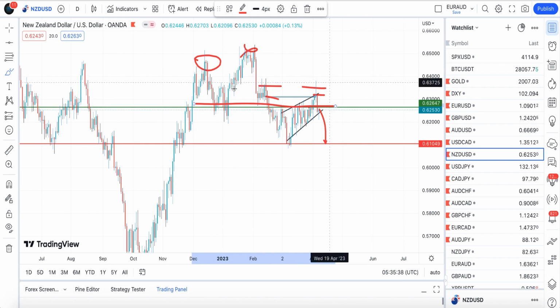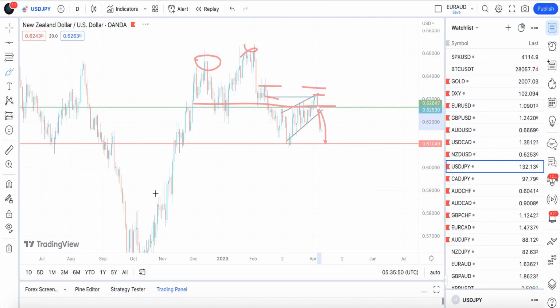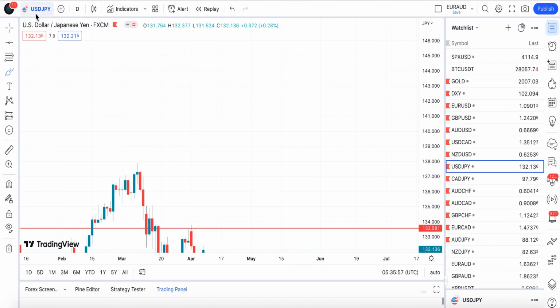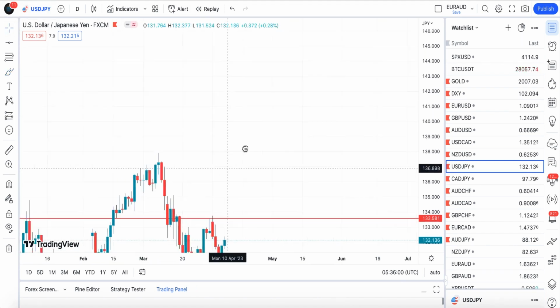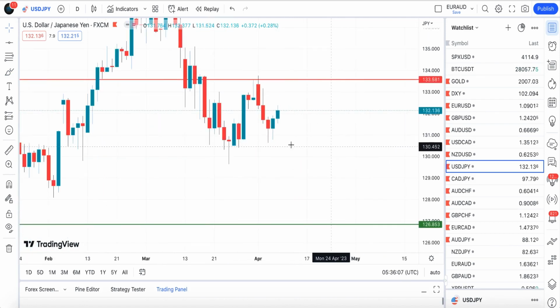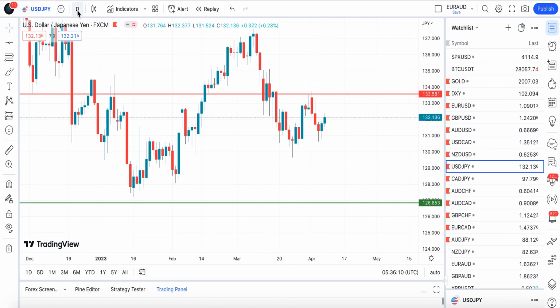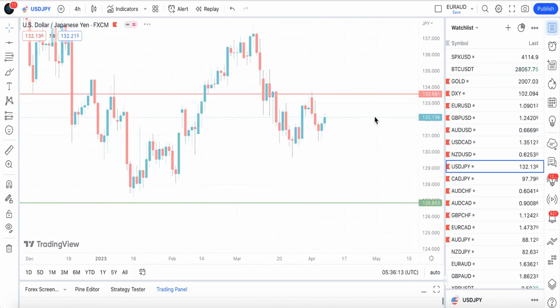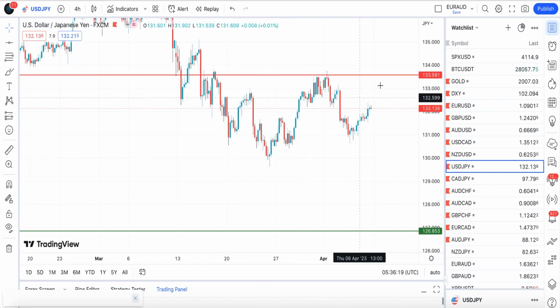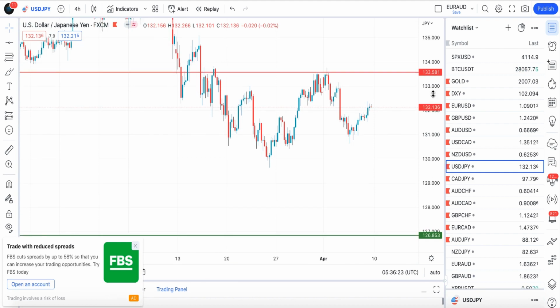So if the CPI data comes out better than expected, then you might see NZD JPY decline to 0.61049. US dollar JPY, this next week you might actually see the risk off coming into the market, as Swiss franc is one of the strongest currencies right now, Swiss franc and the Japanese yen. So actually we might see a risk off coming into the market. If we have a risk off coming into the market, then actually USD JPY should decline. So this is what I'm looking at on US dollar JPY.